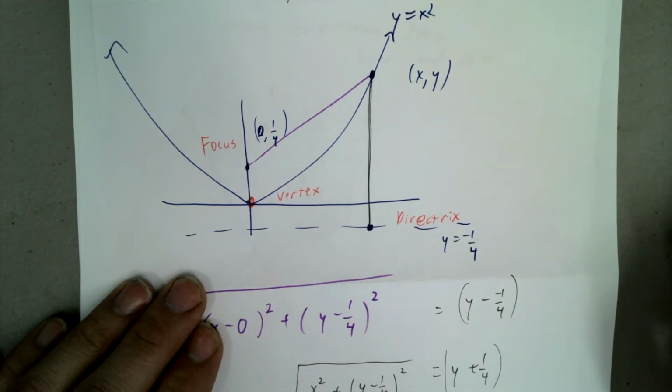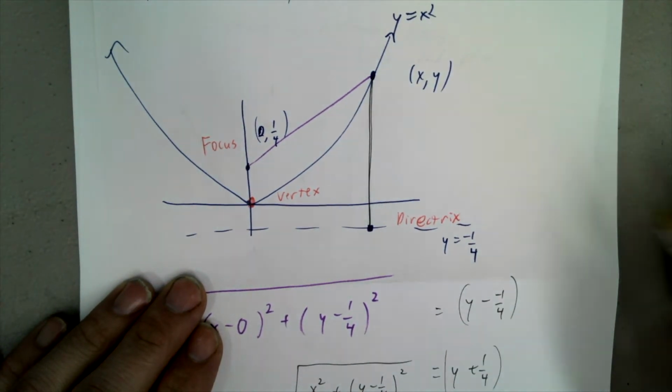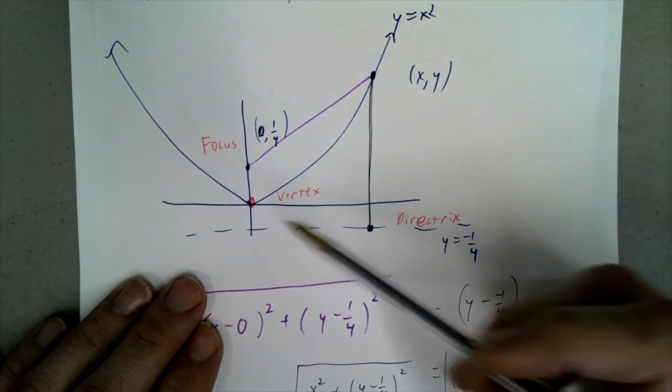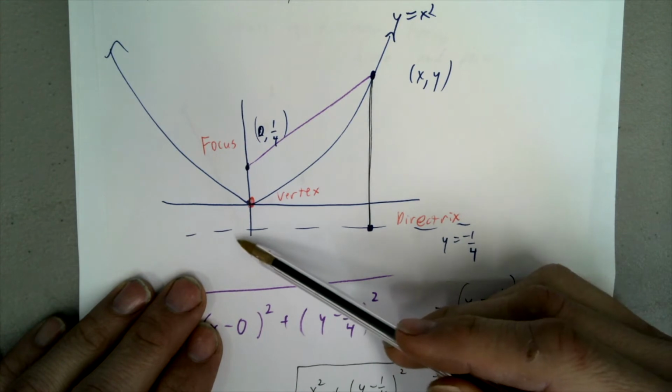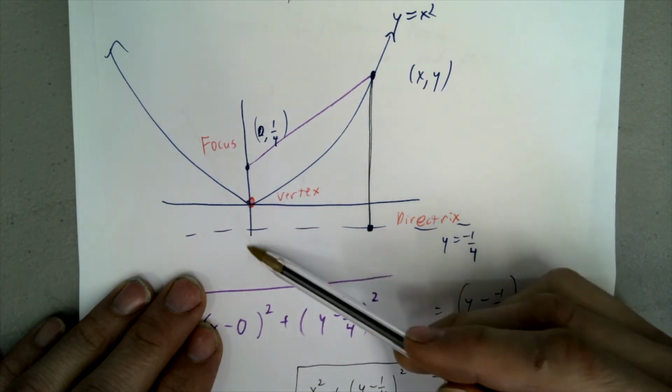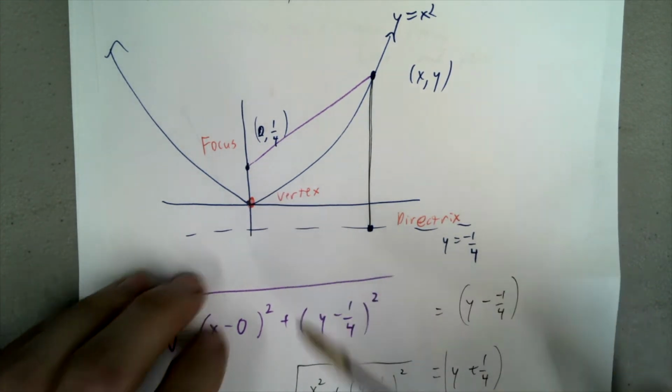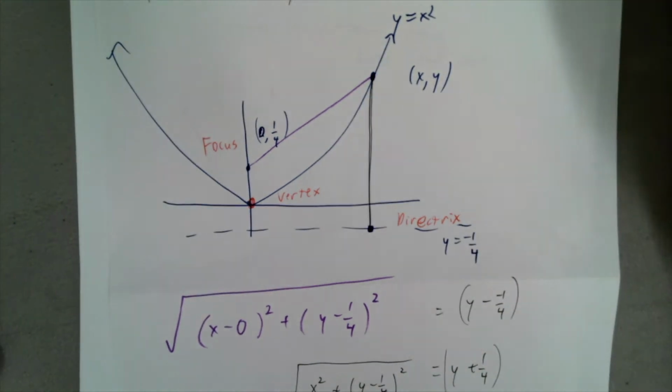And for any parabola, there's also going to be a focus and directrix. If it's a true parabola shape, there'll be a point kind of inside of the curve and a line on the outside of the curve, same distance in between here. And